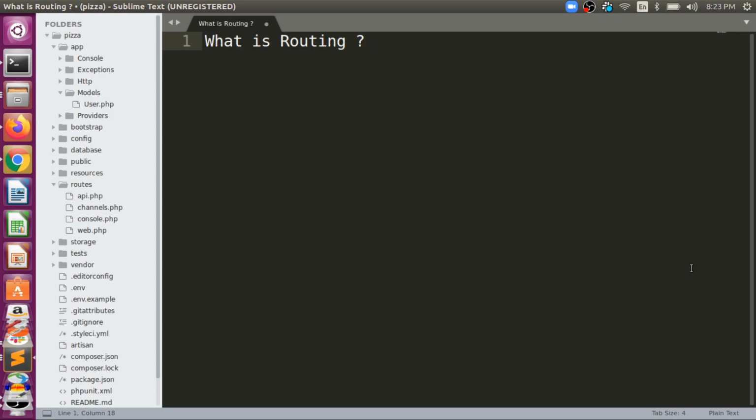So let's start with the topic. The topic for this video is what is routing. Routing is basically how the URL, or how the request, is mapped into your Laravel application. Let's try to understand it in a graphical way. For example, there is a browser, and the browser sends a request. From the browser we send a URL, for example, a URL could be like